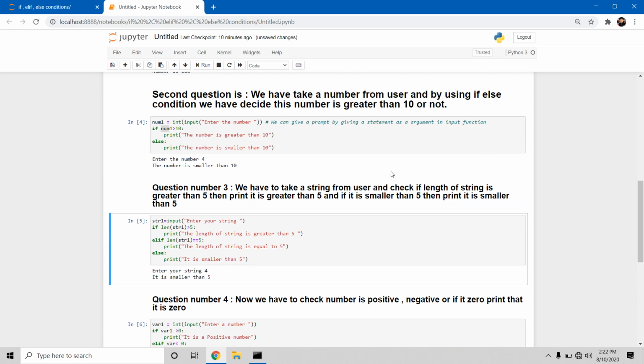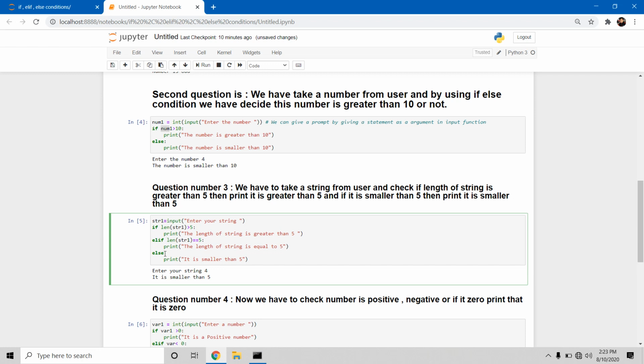Now we are taking input from the user and storing it into a str1 variable, and after that we use the len function to calculate the length of the string. If it is greater than 5 then we write the length of the string is greater than 5, and we have to use elif here if we are using conditions, but in the else part we do not provide any condition.